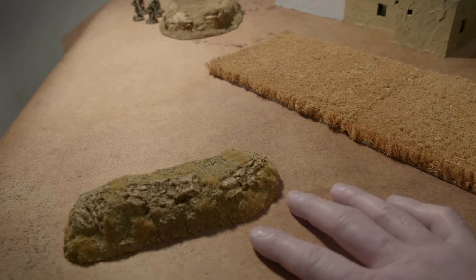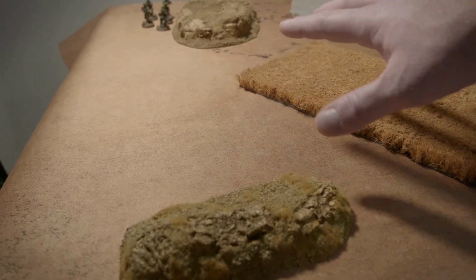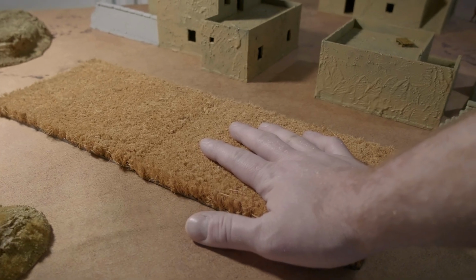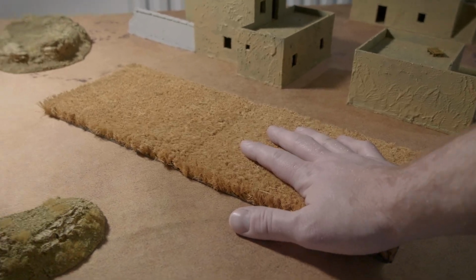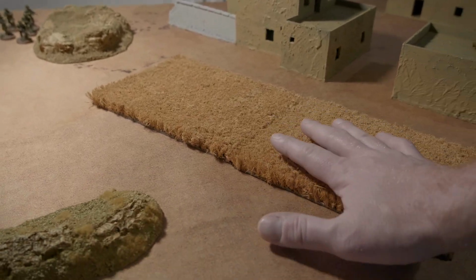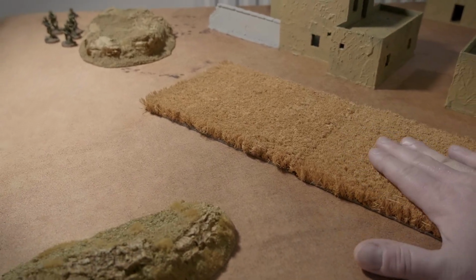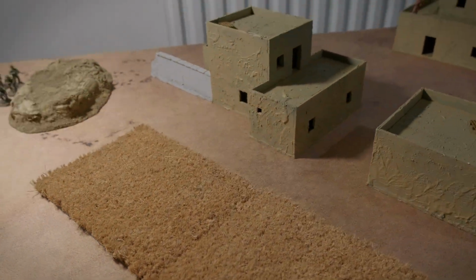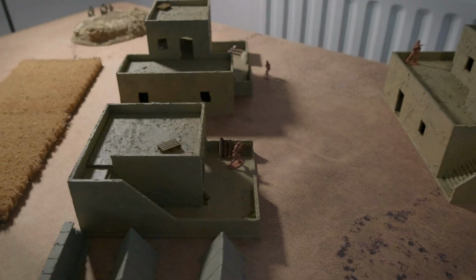Now, just for the purposes of this game, these rocky outcrops and this, which is to represent some sort of crop in a field, both of these block line of sight. So these are going to obviously be a lot taller than what they are. If the model's behind it, one's over here, they cannot see through it. We've got ourselves a couple of buildings,